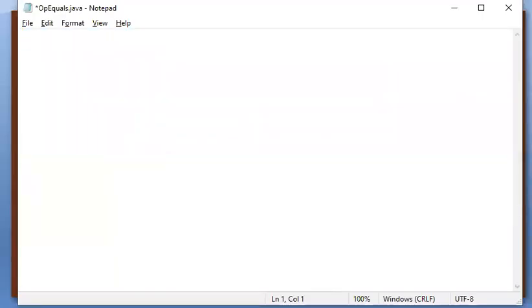Suppose A is equal to 1010, this is bit level, then B is equal to 1101. What if you perform the AND operation?